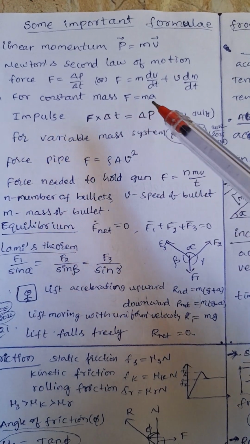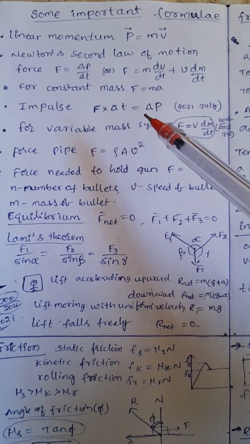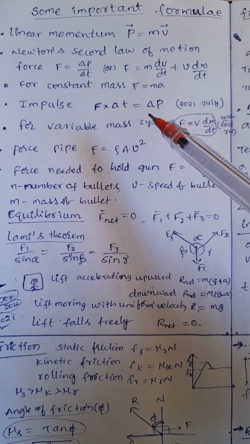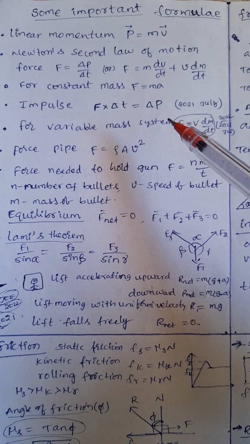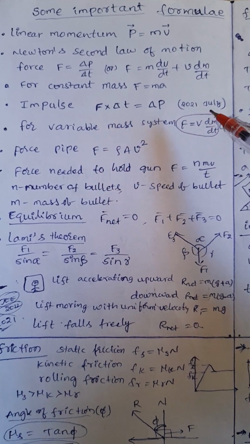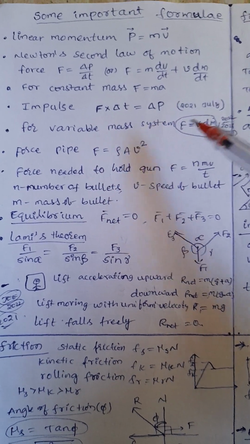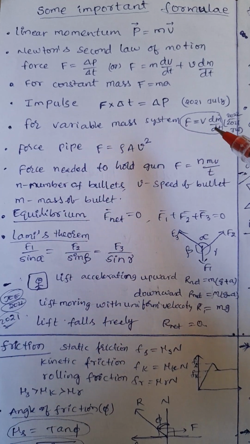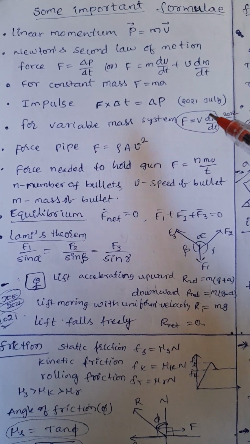For constant mass, force is equal to mass into acceleration. Impulse is nothing but force into change in time interval, which is equal to change in momentum, delta P. And based on this we got a question even in the 2021 July session. For a variable mass system, force is equal to v into dm/dt, where dm/dt is nothing